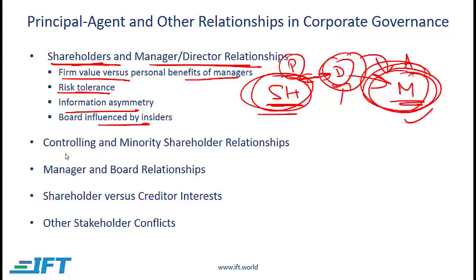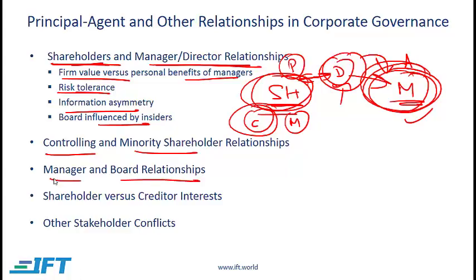Another conflict is between controlling and minority shareholders. So I alluded to the fact earlier that we can have controlling shareholders and minority shareholders. Obviously, in this case, controlling shareholders will take actions that might compromise the interest of minority shareholders. Manager and board relationships. Here, a potential issue might be that management does not provide sufficient information to the board